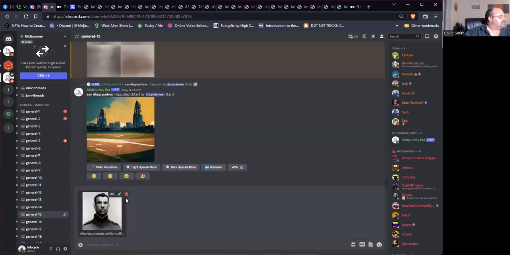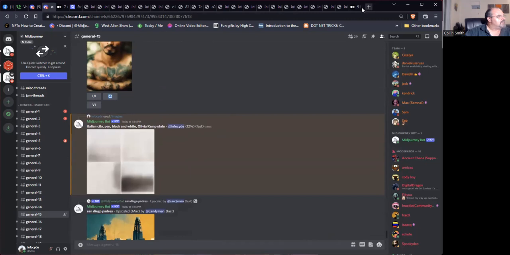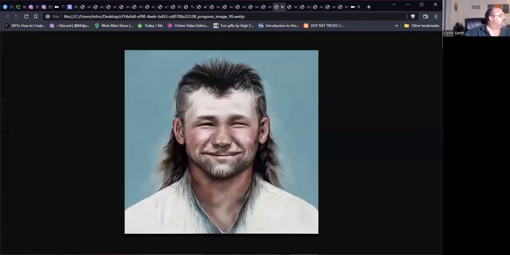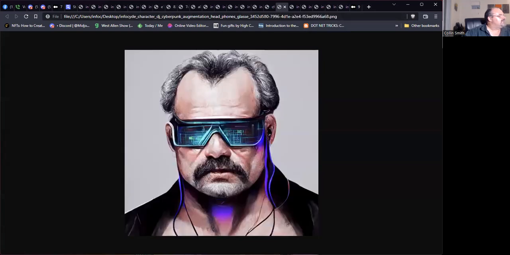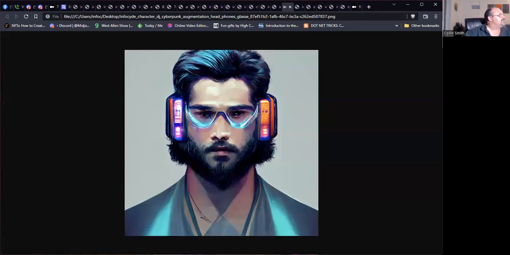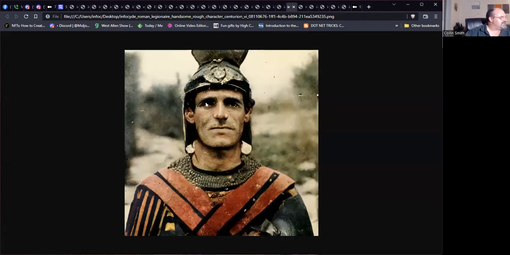Over here again. Do with a mullet, old cyber head. Just trying to get something, guy with a mullet and beard, rocker, vintage. I was trying to get a Roman centurion. It kind of has trouble with the helmets and stuff.